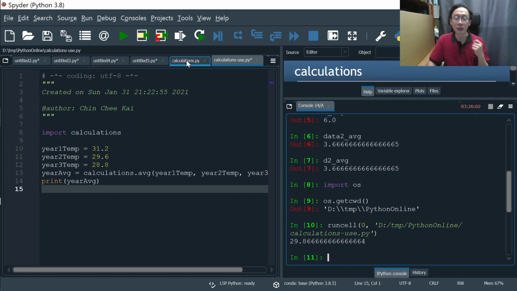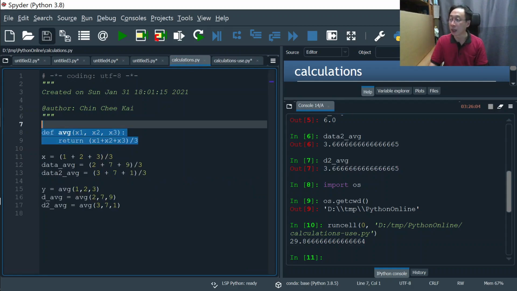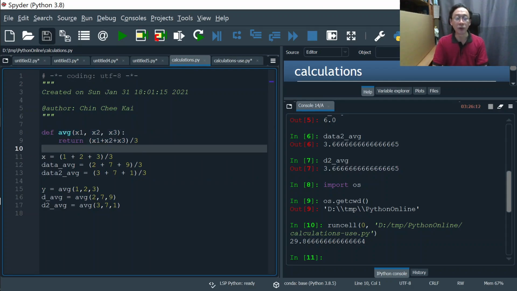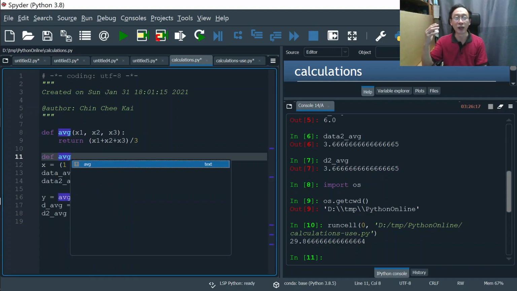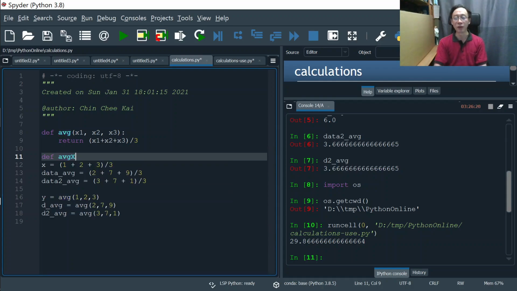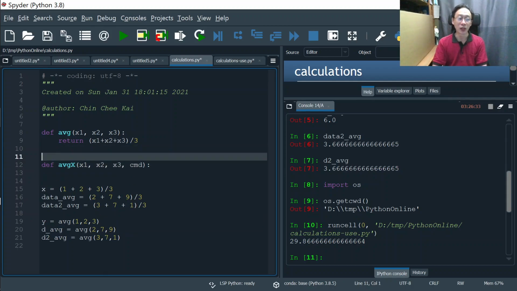Now, what is not so single purpose? It will be something like this. Suppose we write an average function. I want to keep all the code there, but we don't practice this single purpose function. So it's an X average. And we say, well, my average is super powerful. It will take into its calculation 3 data plus a command. So we'll have this powerful average function which returns the